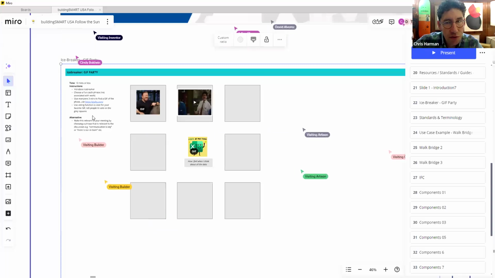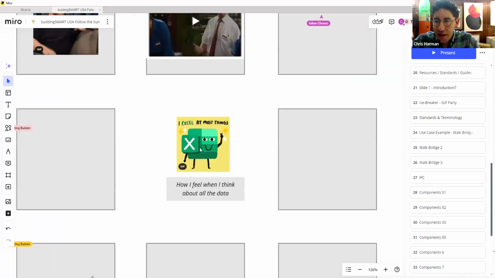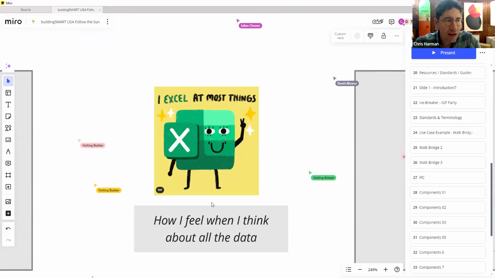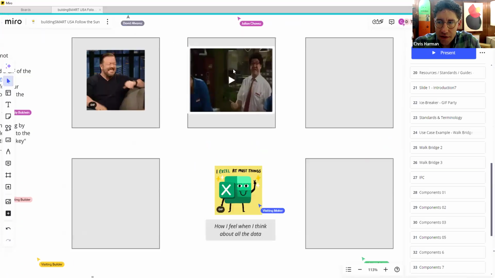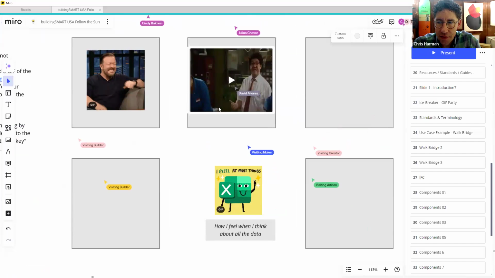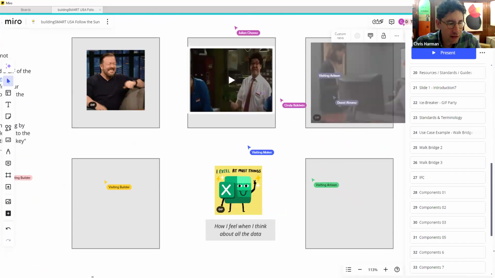This is an icebreaker, so ideally, everyone would do it right now. In the center, I've put a little prompt for us to use: how I feel when I think about all the data. There's a couple in here already, some laughing. This would be how you feel. So if you've got a good one that you like,